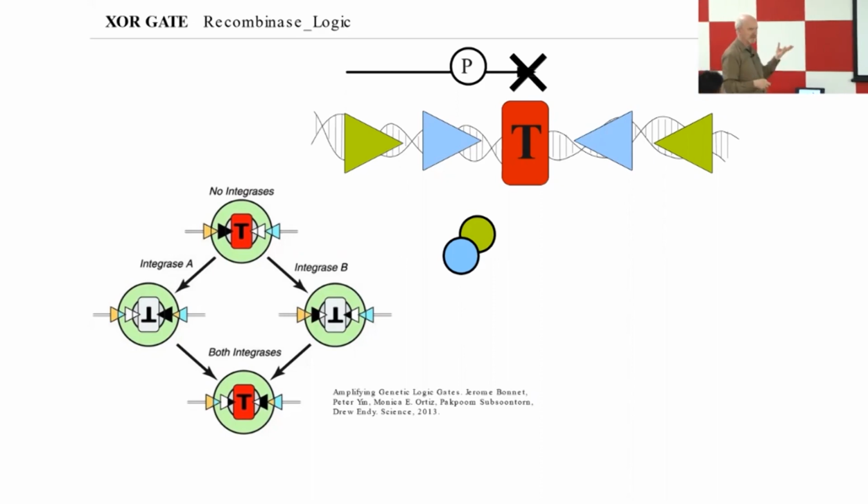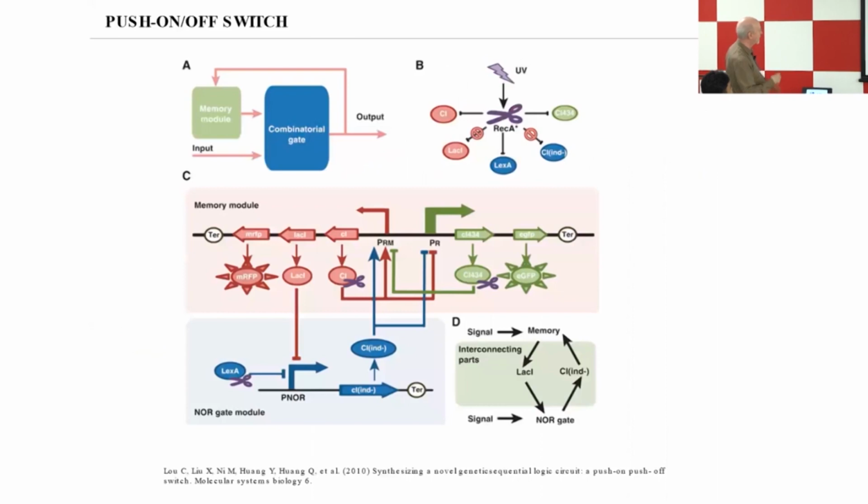So it's very smart and very interesting, right? Because you can have this complex logic by playing with a system that naturally can only adopt two orientations. So it's a super digital thing. Either you are like this or you are like this. You cannot be like this, right? And therefore, this was quite an interesting thing. How to make this bigger and combine it with other gates might be more complicated, but in any case, things may develop differently. On this basis, synthetic biologists over the years have proposed different types of circuits,